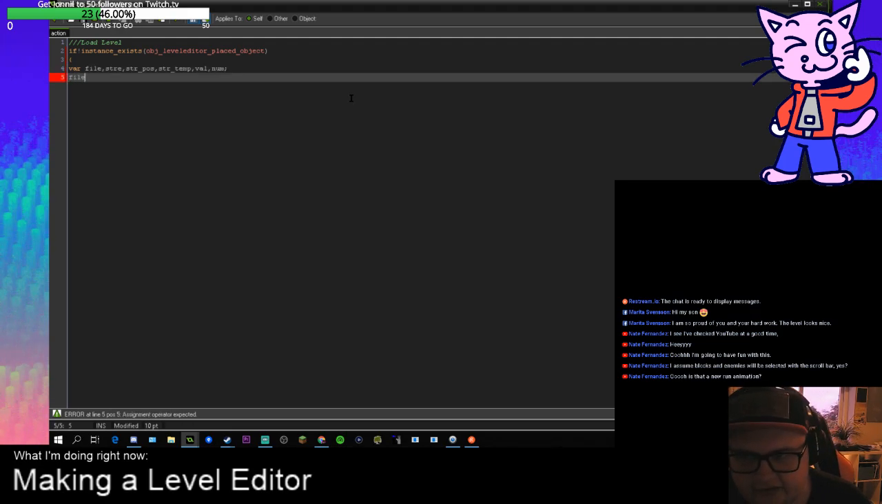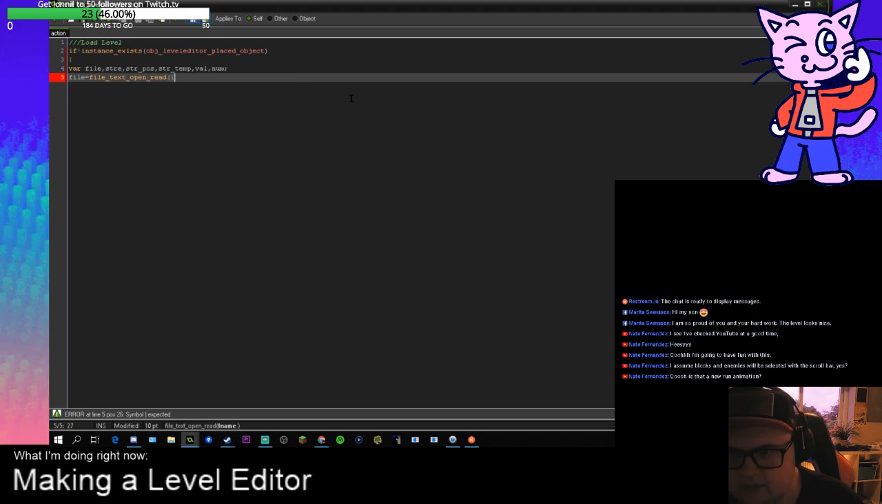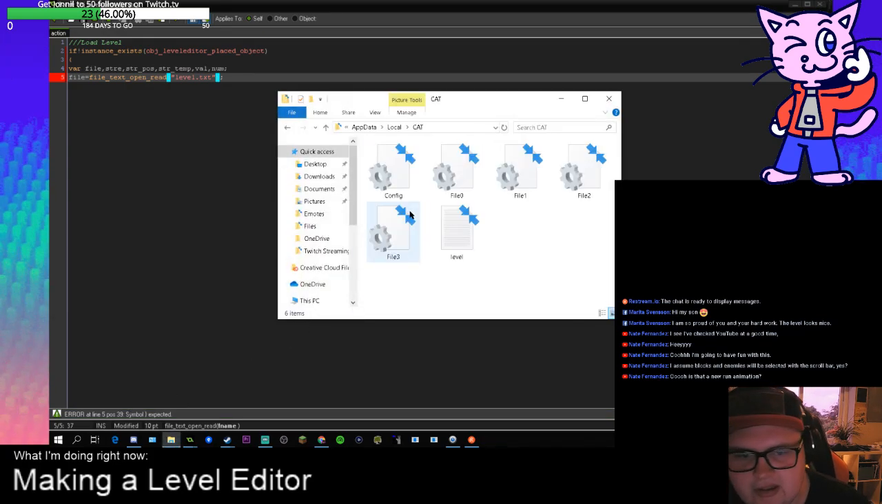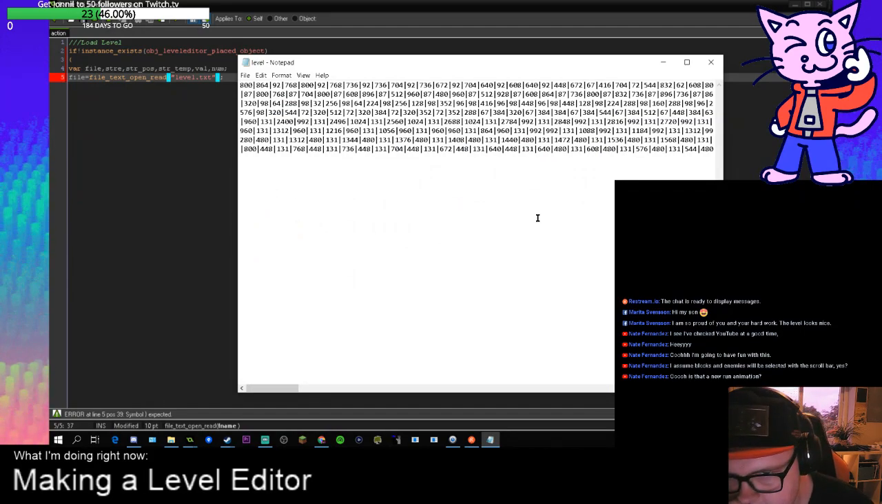Yeah, so the file is just going to be file text open read, and it's the level txt. It's just a txt file too, so I guess also I'm thinking too, if I want people to be able to share the levels,